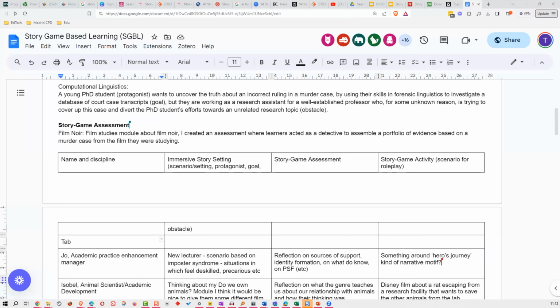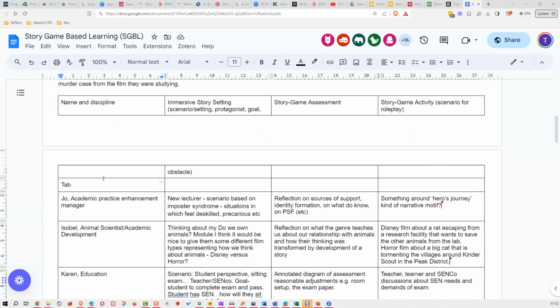I was just wondering, sorry, I don't want to take much of your time. It's an interesting activity. I'm thinking if they have to play the role of the detective, usually a detective would search for clues to solve a case. So are you looking for skills such as how to find clues? Well, that's part of the research, yeah.